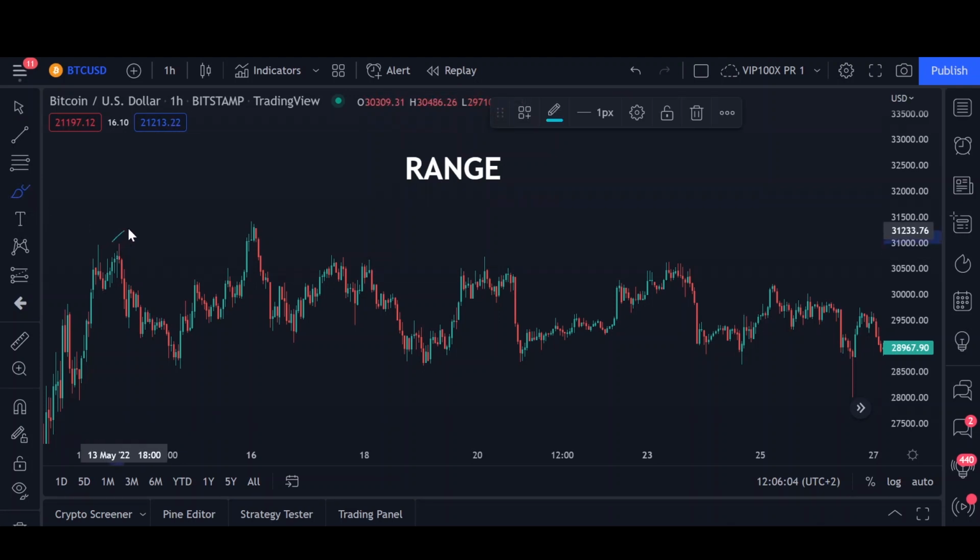Here we have a high, right when it changes direction. Then we have a low, another high, another low, a high, a low, a high, low, high, low, high, low, high,